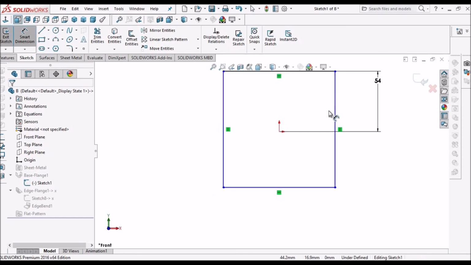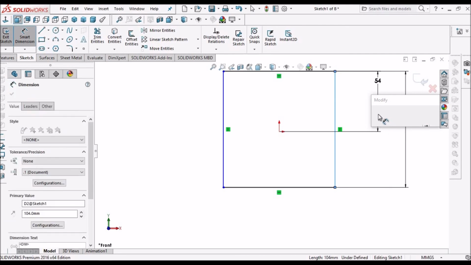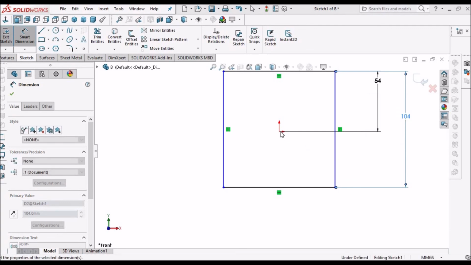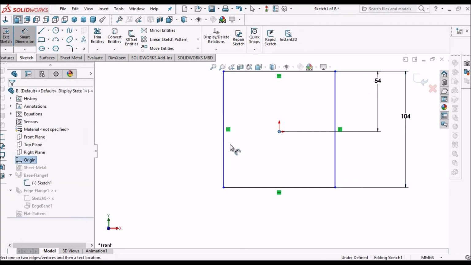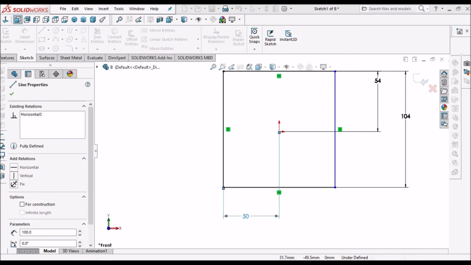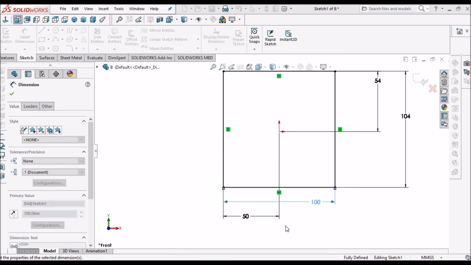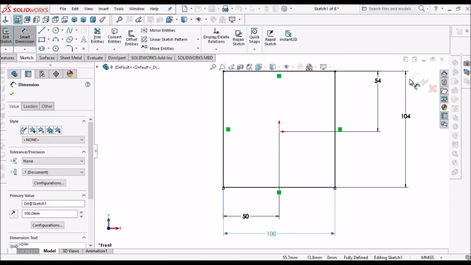While dimensioning, we should be very much careful, otherwise the sketch will move. Say OK. Now the sketch is defined.